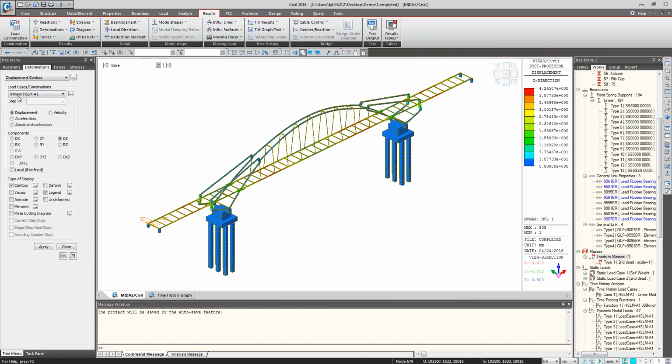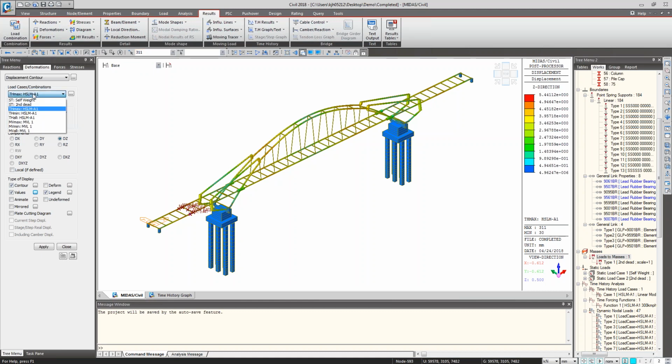You choose time history max, and then go to value, then activate maximum only. If you click OK, you can see that the maximum displacement is 5.4 millimeter at this position. So the maximum displacement is occurring at node 311, which is here,